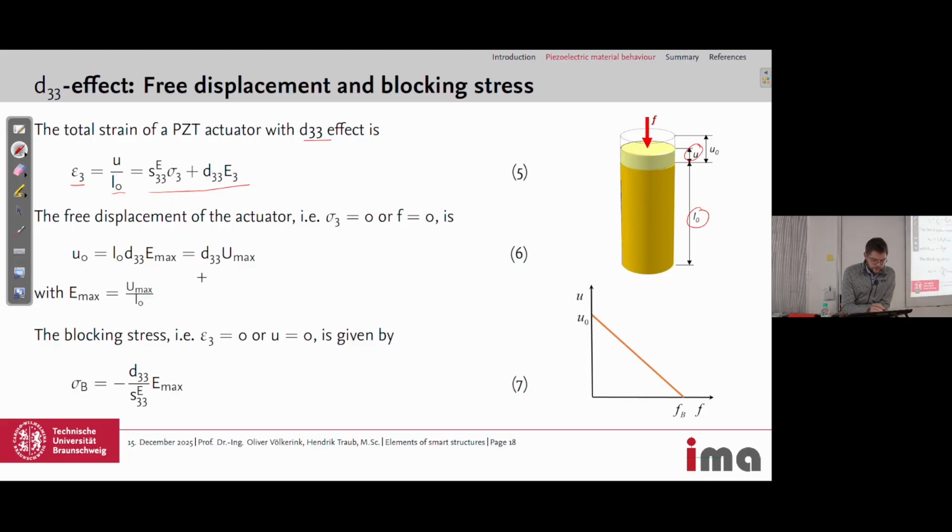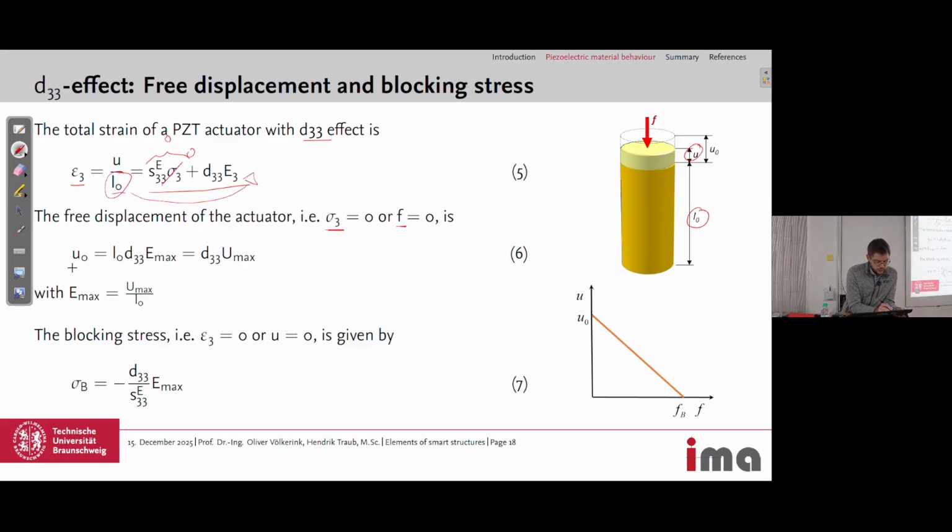D33 times E3. And if we want to look at the free displacement of the actuator, then we don't have an external stress pushing the actuator back. So also no external force, of course. And then we can use this equation 5, and the external stress is 0. So this term is also 0. And if we then multiply it by the initial length L0 here,